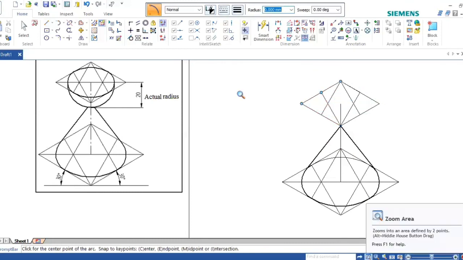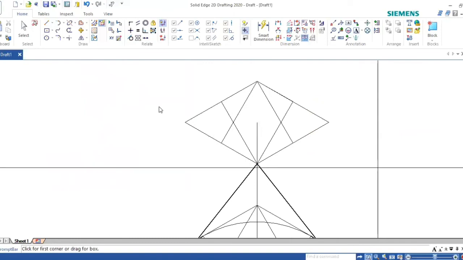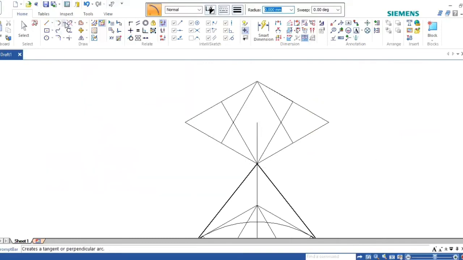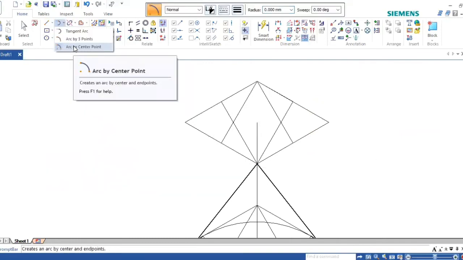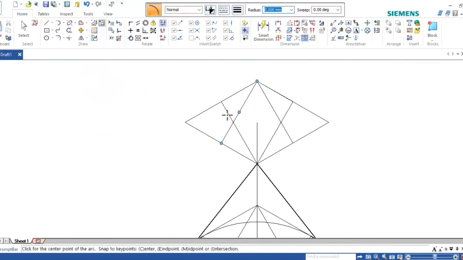It will zoom this area. Go to arc by center point. Take this as a radius. Take the center, take this radius.